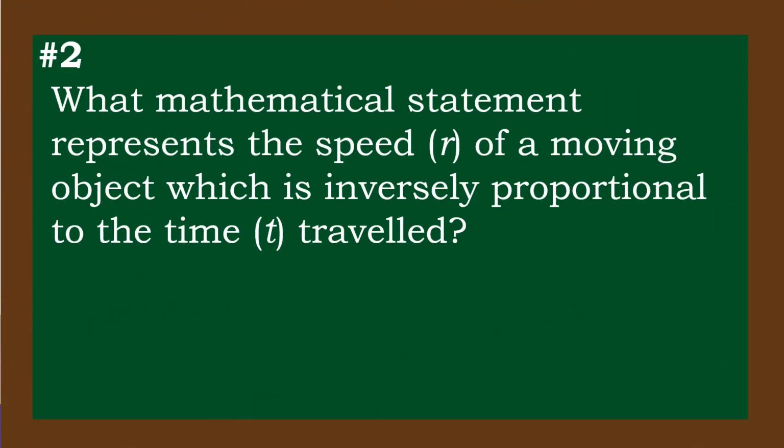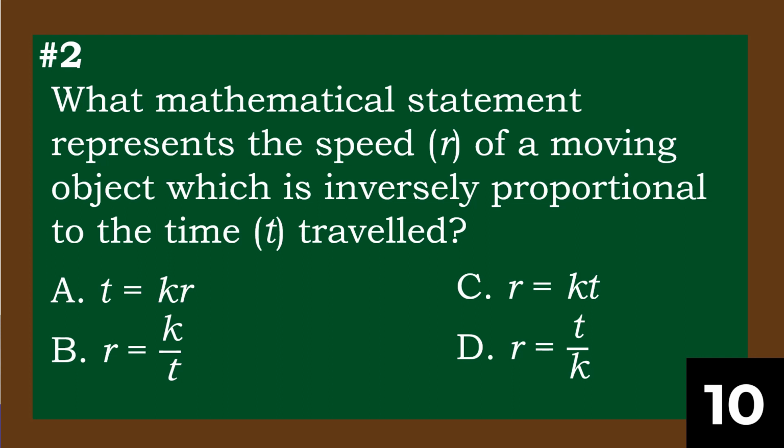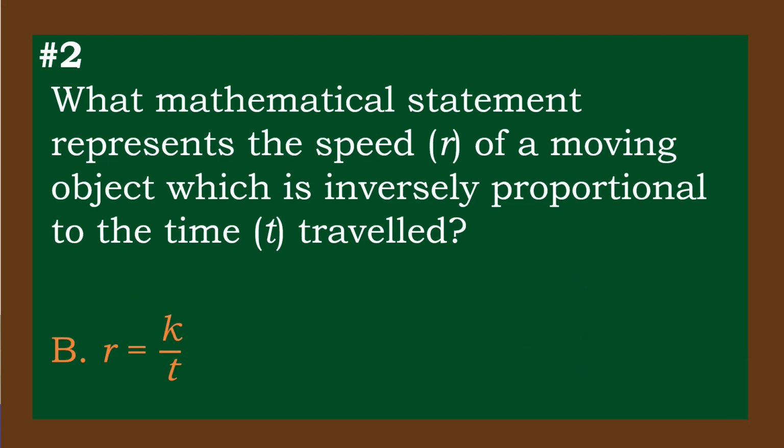Number 2. What mathematical statement represents the speed of a moving object which is inversely proportional to the time traveled? A. T is equal to KR. B. R is equal to K over T. C. R is equal to KT. D. R is equal to T over K. Correct answer is